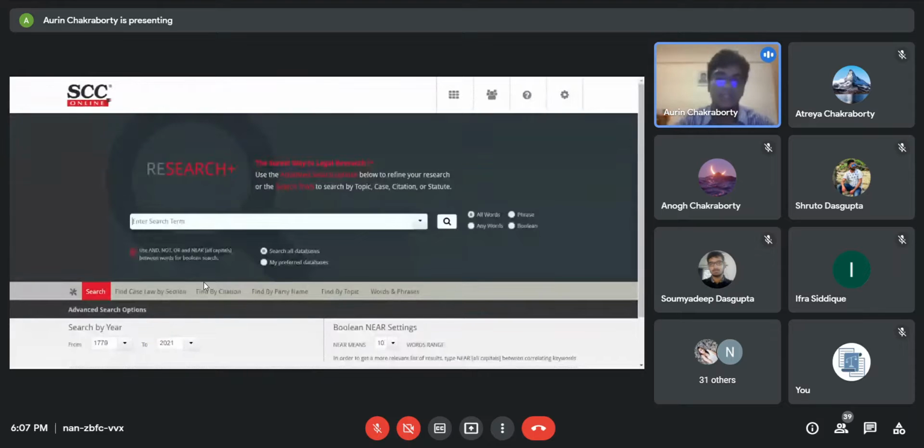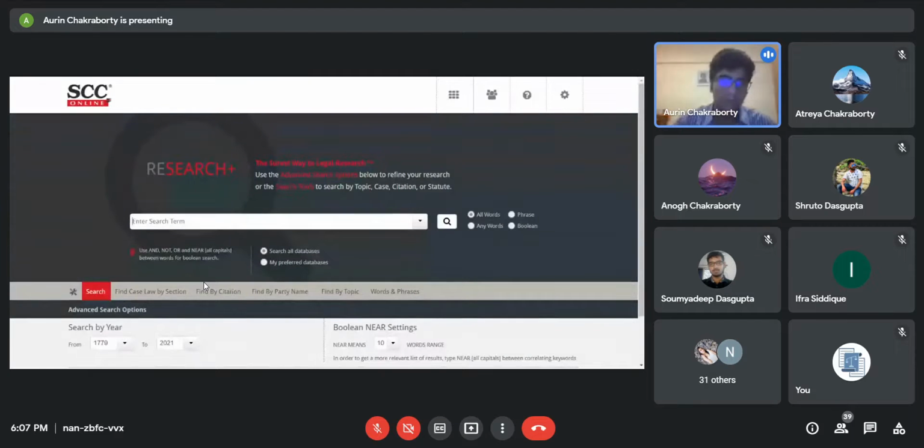Whenever we are searching anything on the search bar, SCC uses a search methodology known as Boolean search by default. Even if we do not use the AND keyword, even if we are typing random words like "I am a boy", it will essentially be searched as "I AND am AND a AND boy" in that effect.